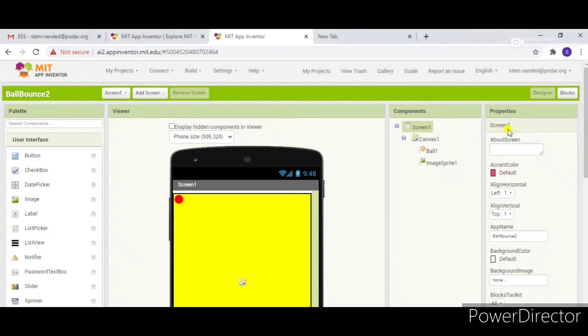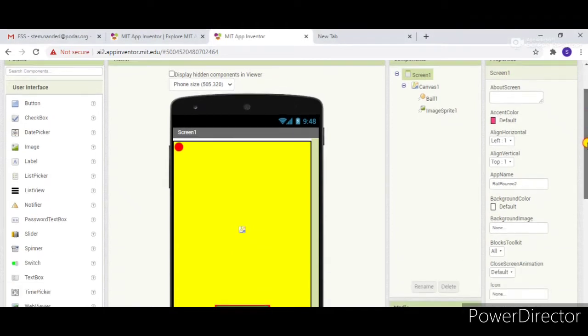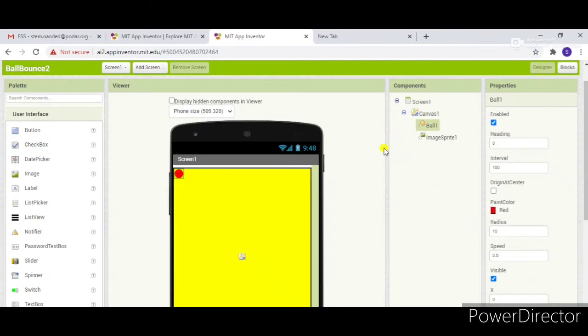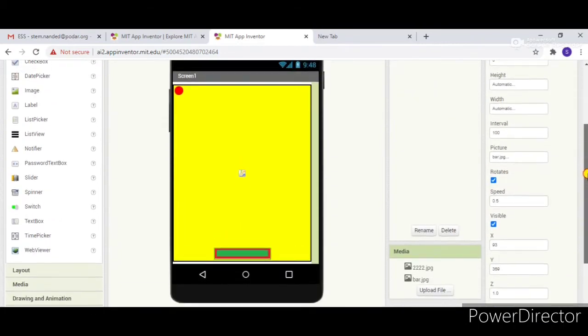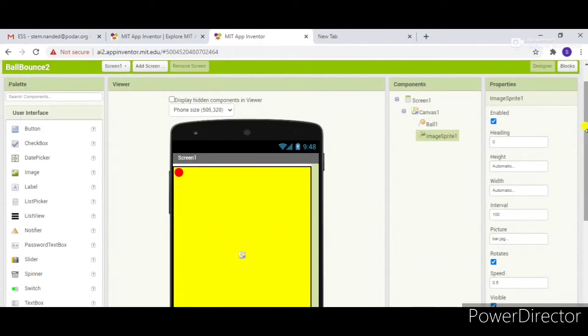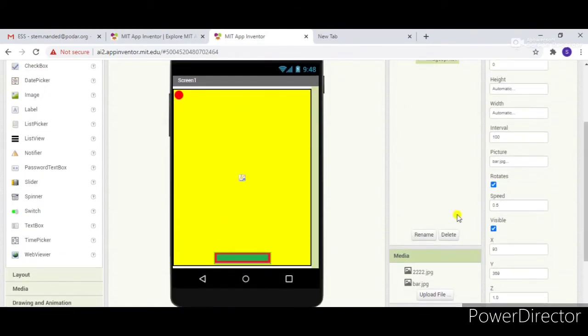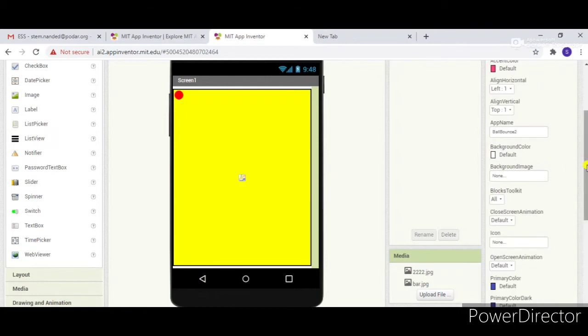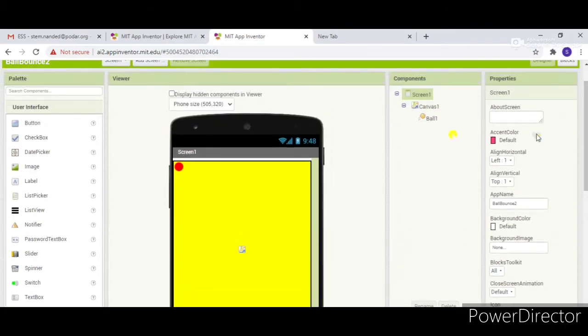In this app we require one ball image, one sprite image, and one canvas, because on this canvas we have to put the ball for moving from one direction to another direction, in any X, Y, Z direction. By using this app you can make a ball bounce game. We'll check only the ball, how to drag that ball from one direction to another when I touch that ball.